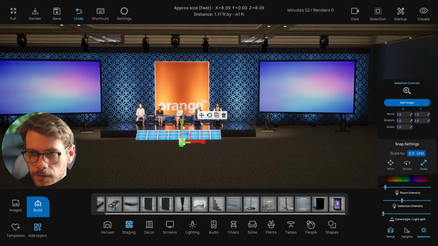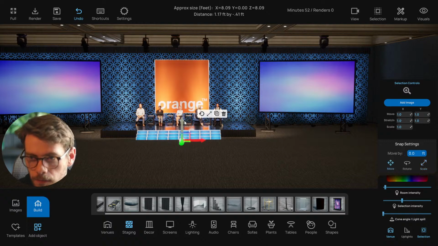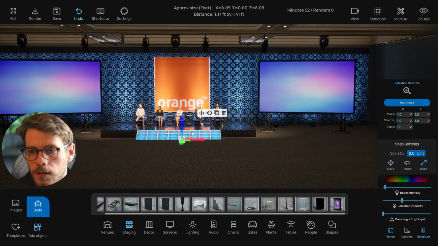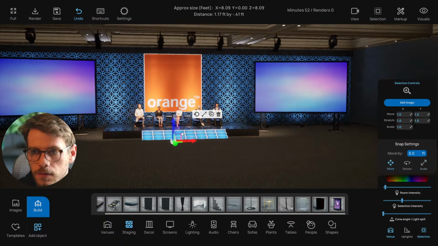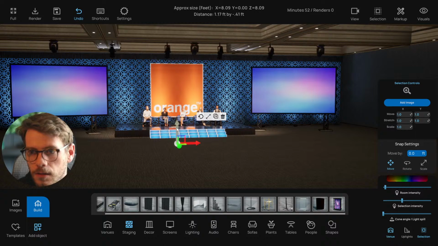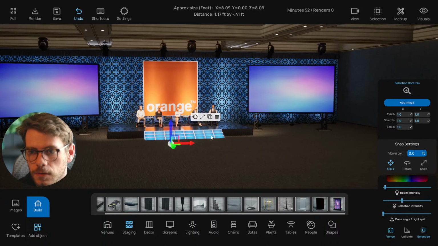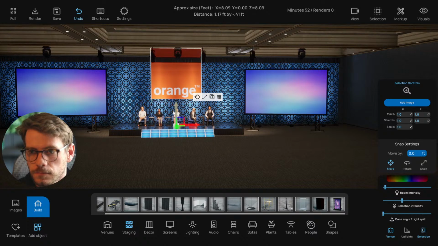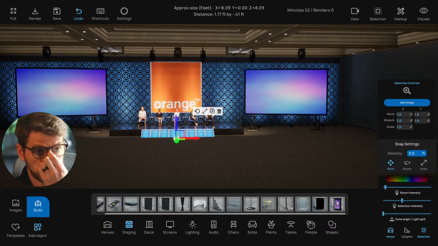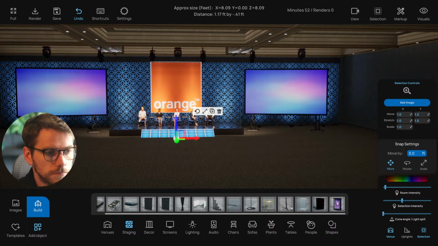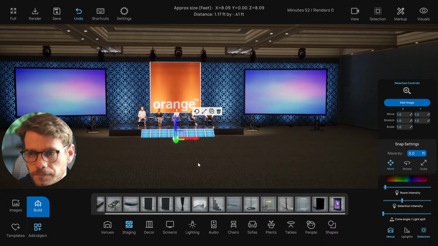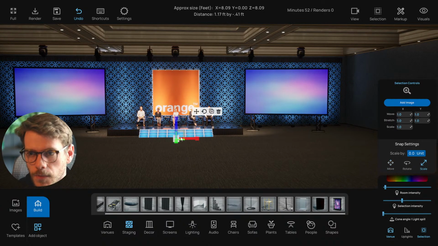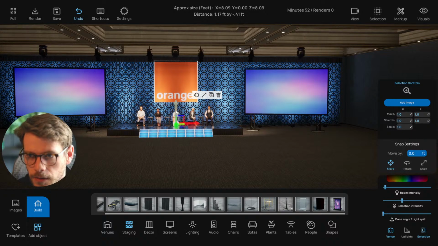Don't know the exact scale of this logo, so I'm just kind of throwing it in here. So I don't want it to cut off these people too much here, because then the people get lost. So I think we'll scale it down a little bit like this, and then